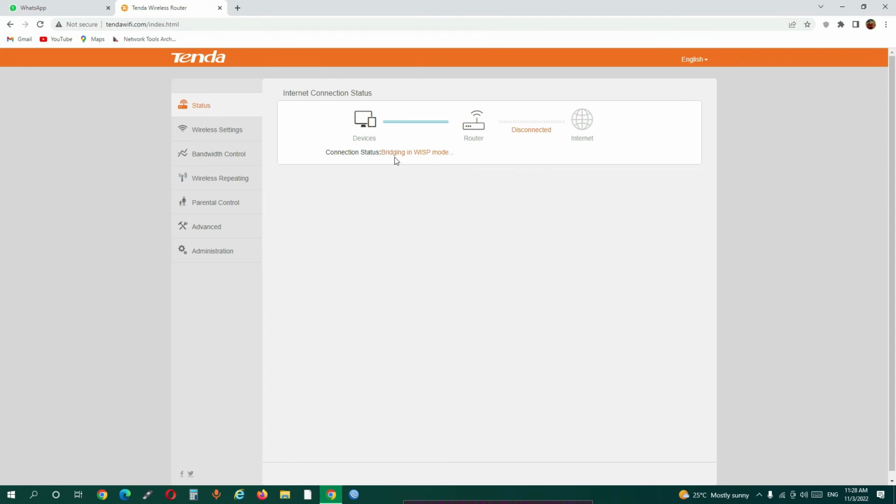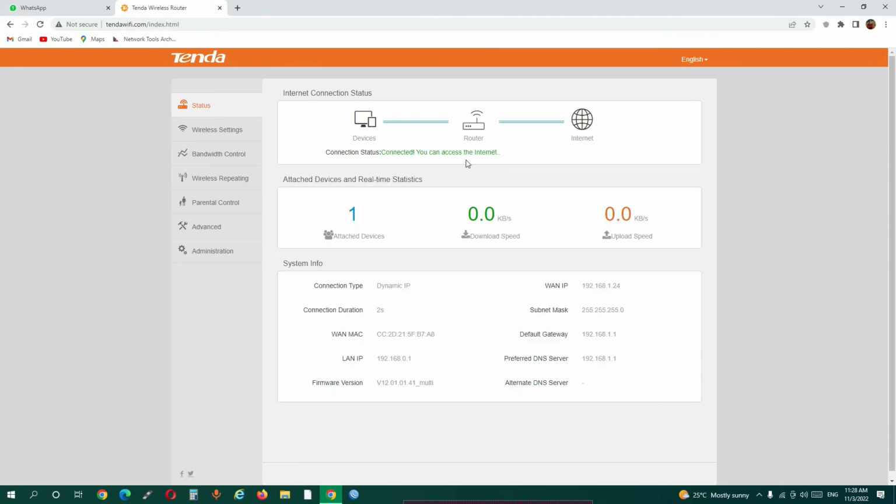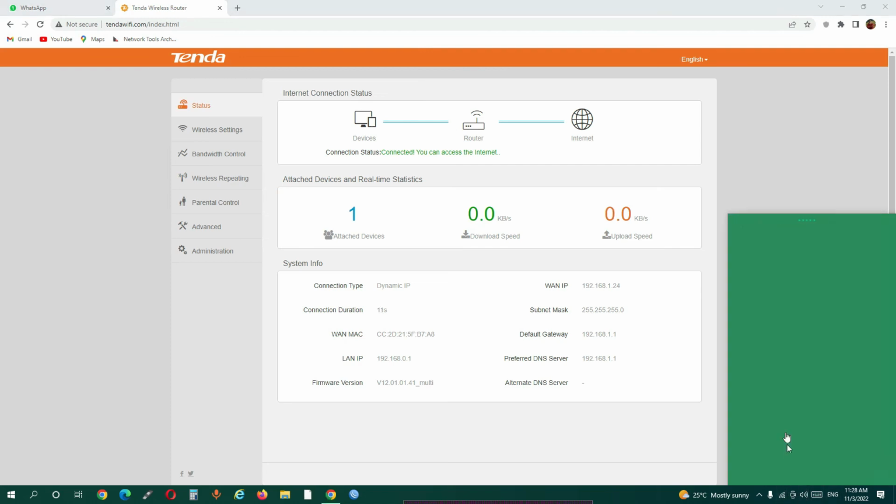So you can see I am now connected in WISP mode, and now you can see the status. Now you can see the status that I am connected already, and whenever I surf the net, then here you can get